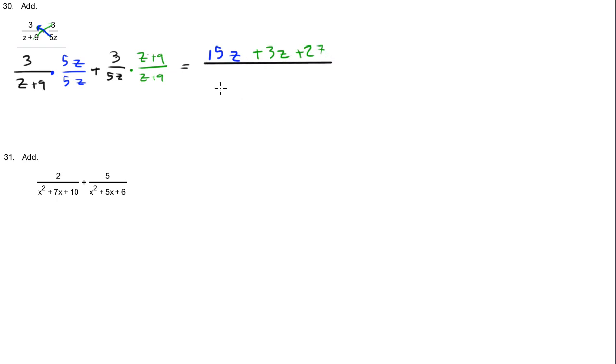And our denominator will be 5z times z plus 9. And this numerator reduces to, let's see here, 18z